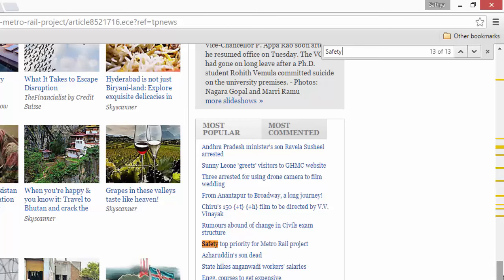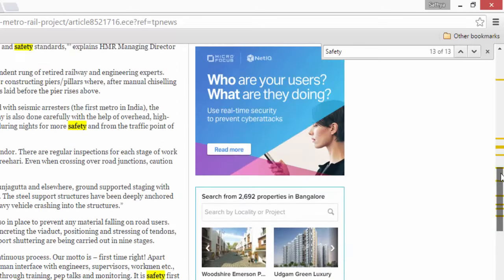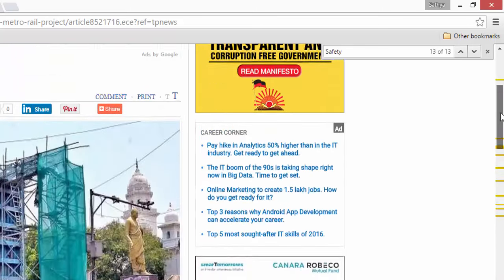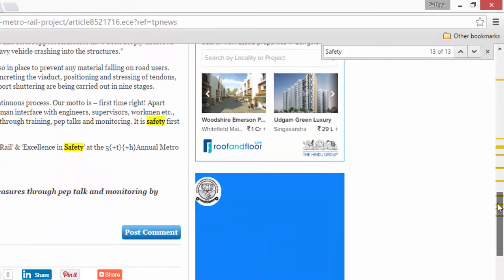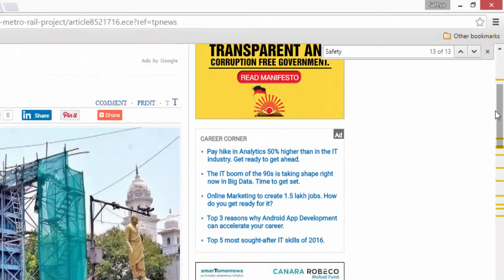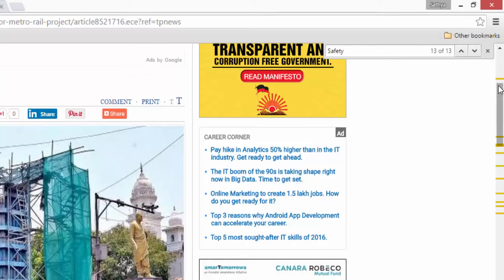If you look to the right side, you have the yellow highlighted stripes in the vertical bar. These all indicate where the matched text is reflected in the page.